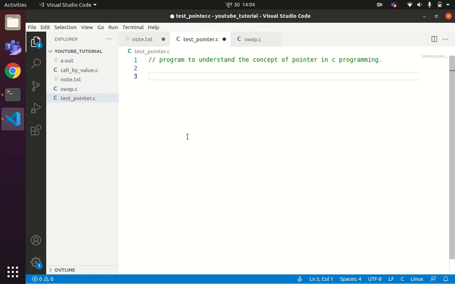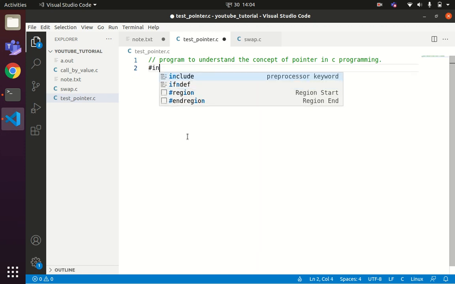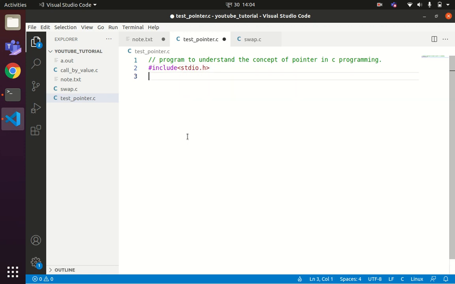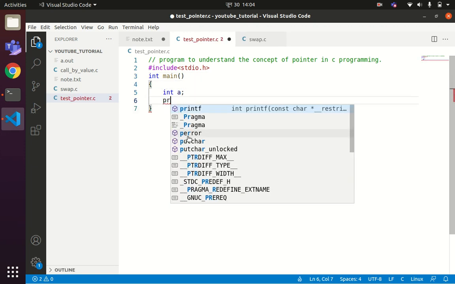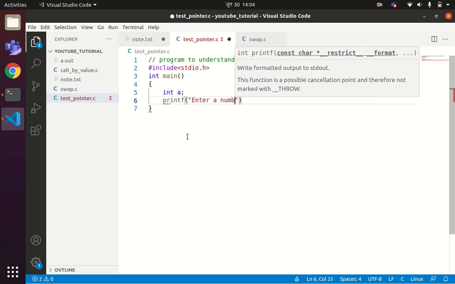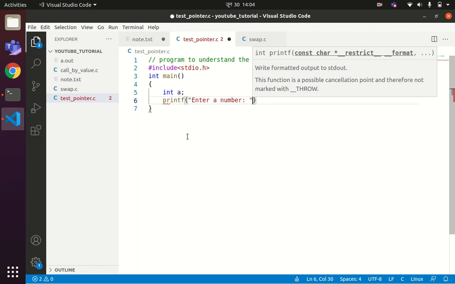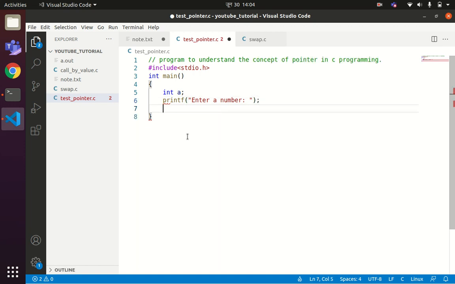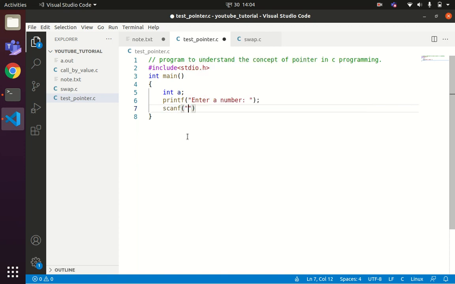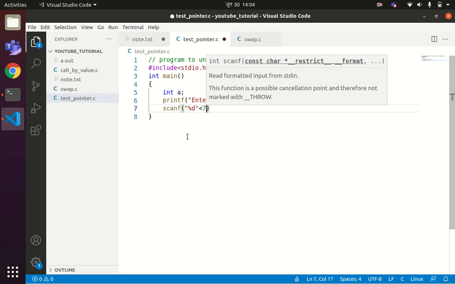So #include <stdio.h>, int main. Let us say I have declared a variable a. Suppose I tell the user printf "enter a number", then we'll write a scanf function to read the value that has been entered by the user at the address of a. So you can see here